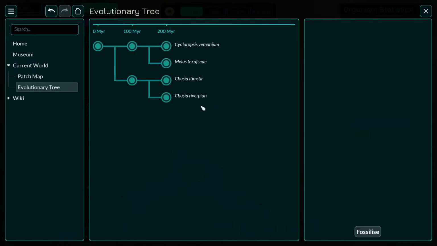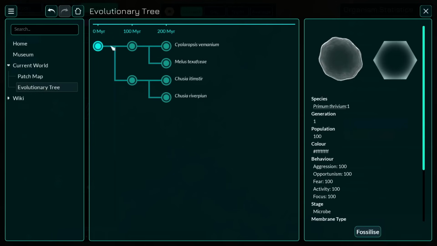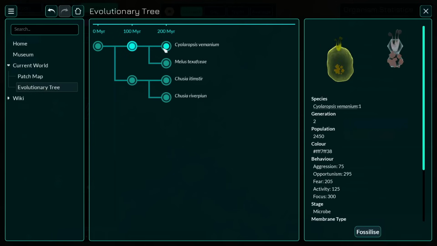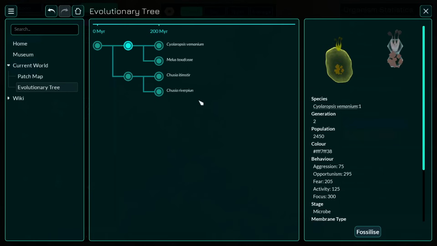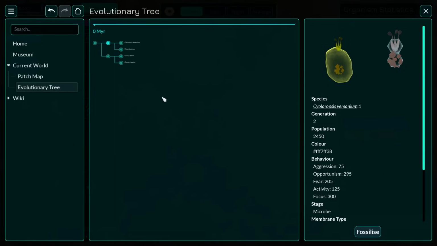And then the evolutionary tree is very cool. So this shows you how evolution has progressed in your world. You can see this is me along the top. This one has split off from me. That's why it's got a chemoreceptor, because it inherited mine. Whereas this one split off earlier, and it's now split in two here. Some very long boys. This, as you can imagine, can get quite big and quite complicated. But it's very cool, so I like it. And that was the